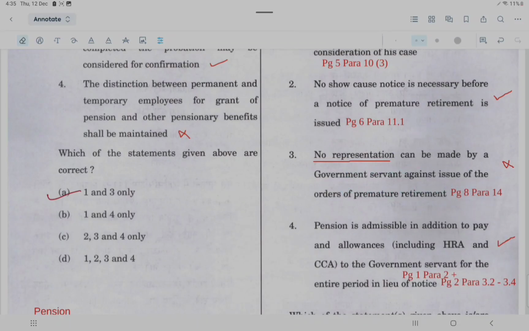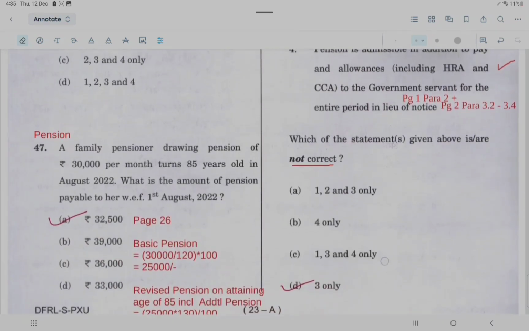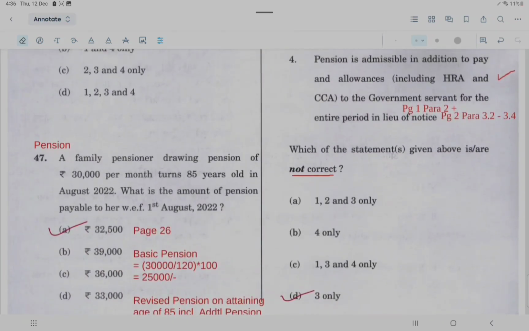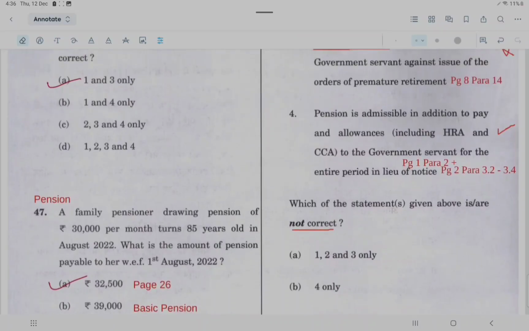So basically ये थोड़ा एक्सट्रीम हो गया। If you want to take risk, रिप्रेजेंटेशन का हमेशा ऑप्शन अवेलेबल होता है। नेचुरल जस्टिस हो, प्रिंसिपल उसका लगाना हो या अदरवाइज, रिप्रेजेंटेशन का राइट हमेशा रहता है। So government servant is allowed to represent against this notice, so this is incorrect. तो नॉट करेक्ट पूछा है आपसे। So let's see other option,